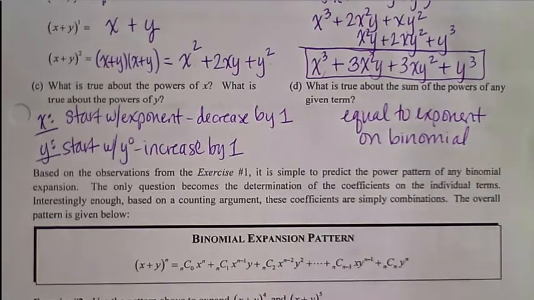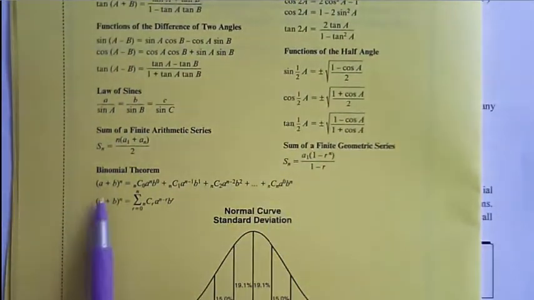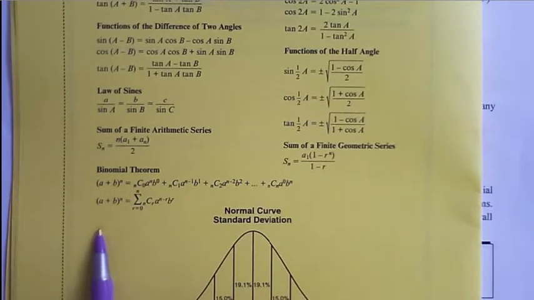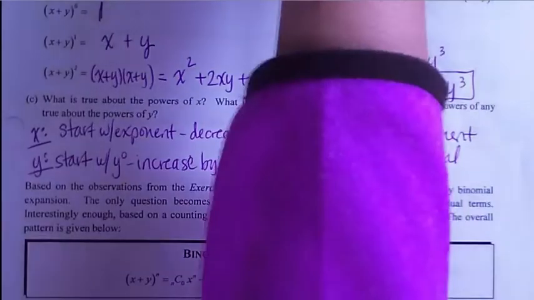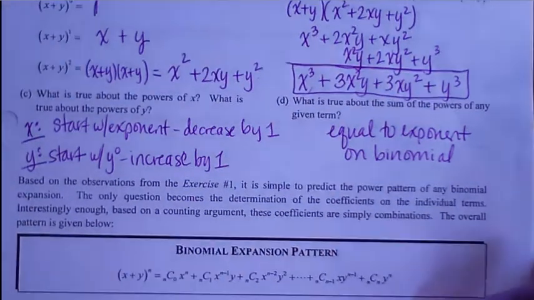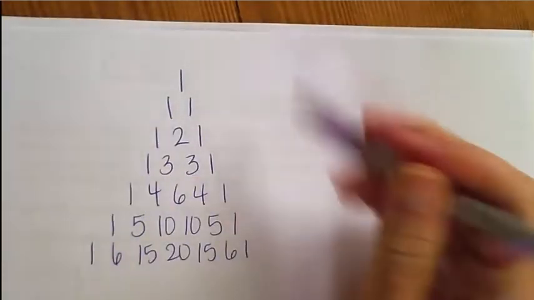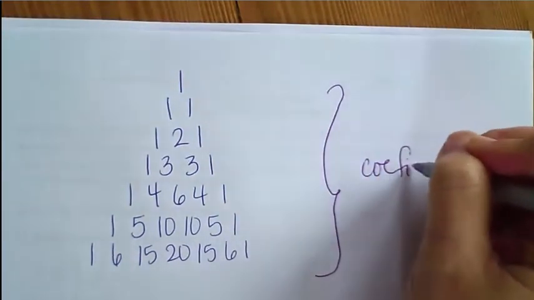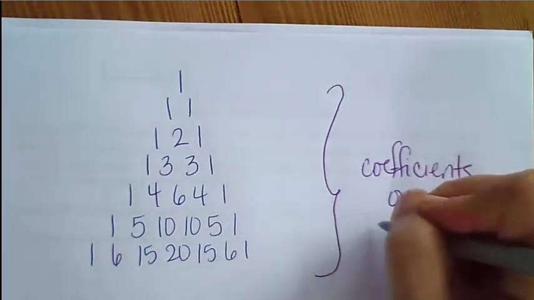You don't have to memorize the formula because it is given to you on your Regents reference sheet. Here, there's your binomial expansion theorem, they call it, and they use A's and B's instead of X's and Y's. This is it using summation notation, same thing. Or what we could do, which I find much easier and most of my students find much easier, is use Pascal's triangle. If we look at Pascal's triangle, this gives us a lot of things that we discovered in class today, but it also will give us the coefficients on the terms